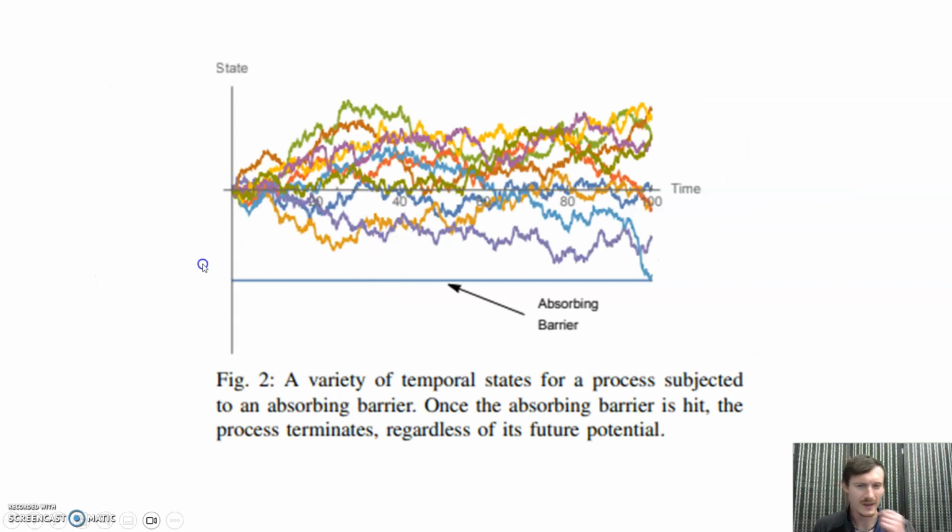I wanted to include this also, so I suppose this is related to survivorship bias and also to other related ideas, but we've got a collection of people who are gambling here. And different colors represent different people. So it says state, but we can think about this as like money. So higher here means more money, lower here means less money. And this is time, maybe in weeks, maybe in months, it doesn't really matter. So we're moving forward in time as we go to the right.